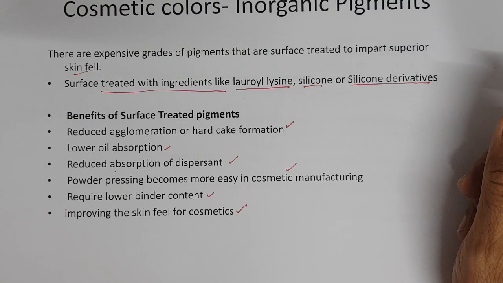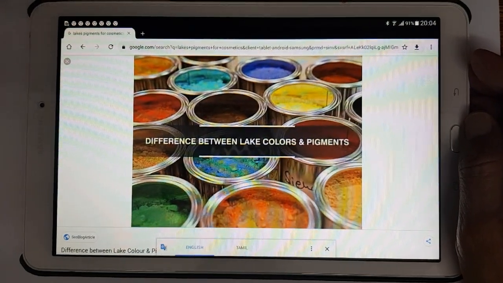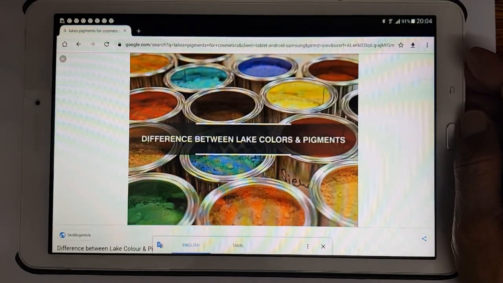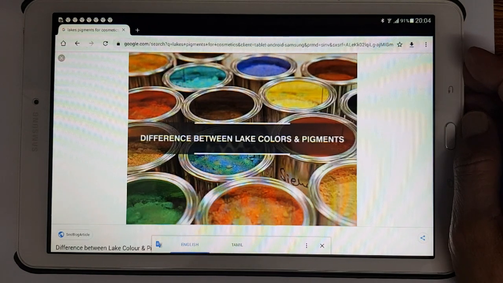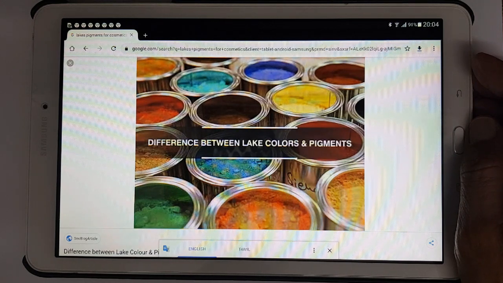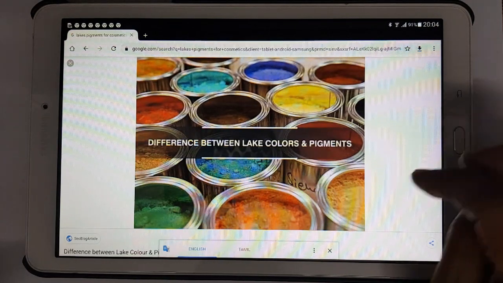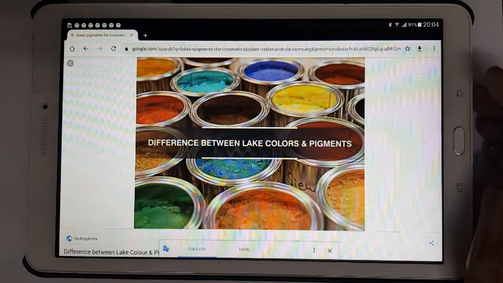Now we will see the videos of the iron oxide pigments, ultramarines and all the colors to see how they look. So these are all different lakes, lake color pigments. We discussed lakes, the soluble organic colors precipitated using either aluminium, calcium, strontium, barium salts. They are precipitated and absorbed. These are all the precipitated lakes. They are called pigments, right? They are lakes, right? These are some of the colors of lakes.